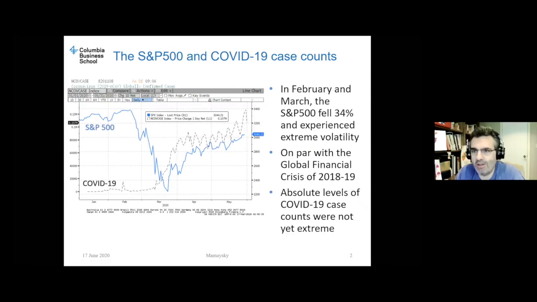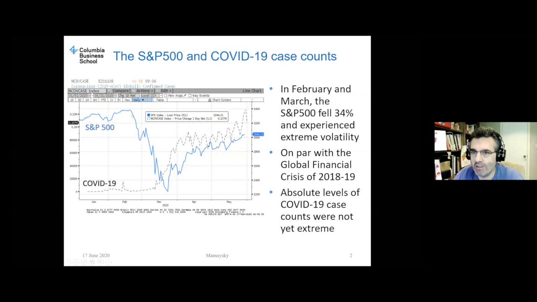So here's an interesting chart that I'm sure some of you have seen, others of you may not have seen. It tells you what happened to the S&P 500 index, which is a broad stock market index that tracks the largest 500 companies in the US over the last few months. And superimposed on that chart is the incidence of COVID-19 case counts that come from the Johns Hopkins disease tracker website and GitHub page. And the interesting thing to notice here is that